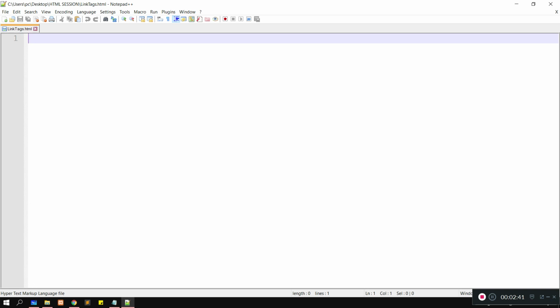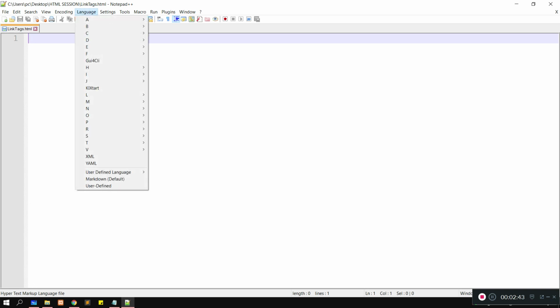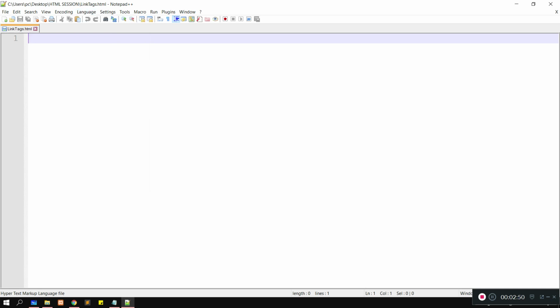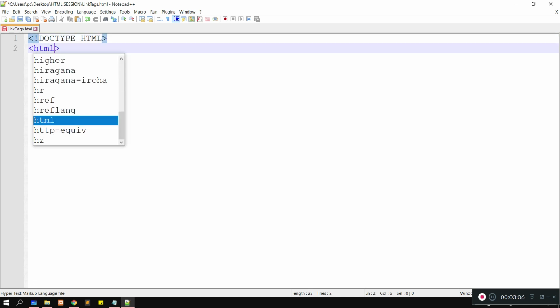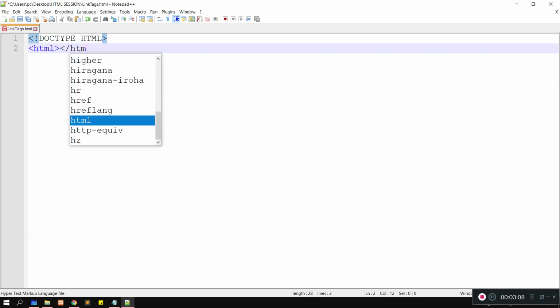So what is the first step? We have to select the language and convert it into HTML, so it's already selected here. Let me write the syntax of HTML: doctype html, and we have to write html and close html.